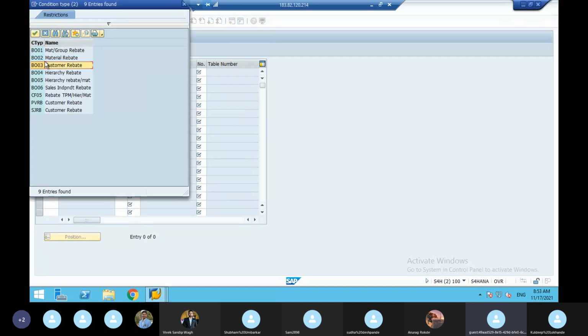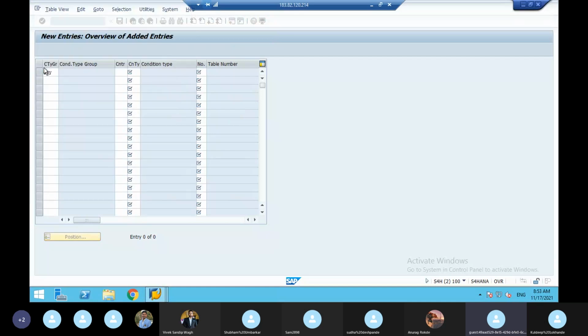You have to say header condition types HA00, HD00, item condition types K007, KF00, PR00 and MWST. And the rebate condition types are B002, a material rebate, and B003, a customer rebate. So here you assign your condition type to your condition type group, then save. If you do these two steps in IMG, it is done. These are the same settings, no change in it.